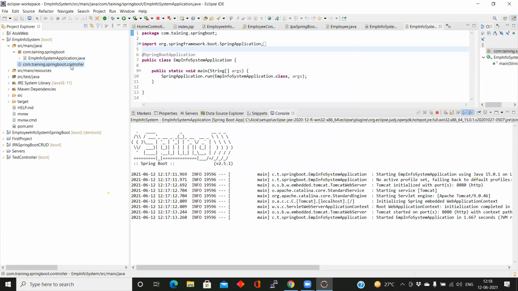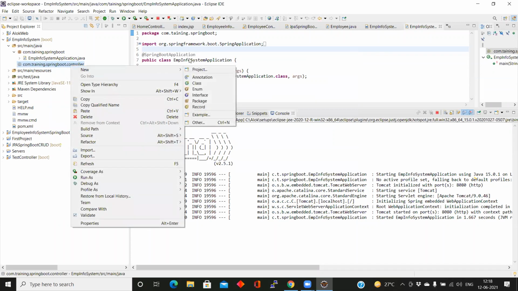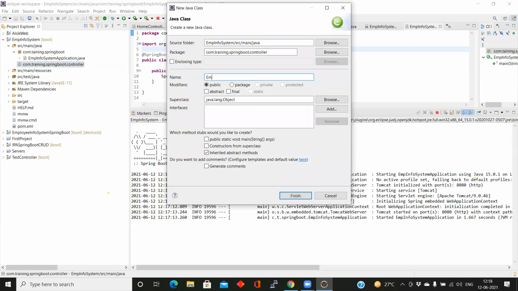Okay. You can create a new class, employee info controller.